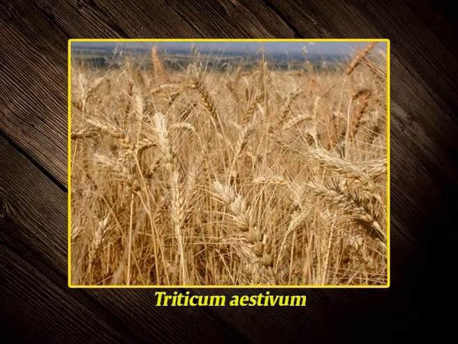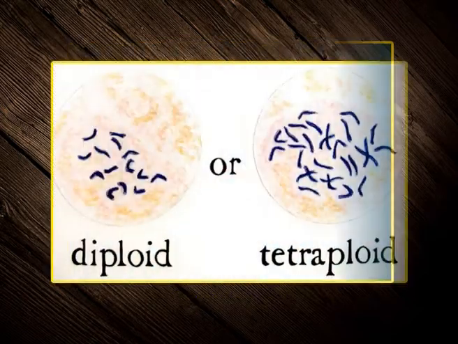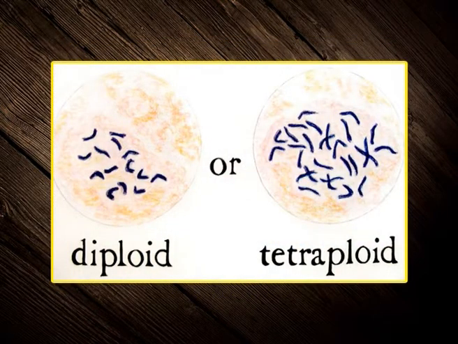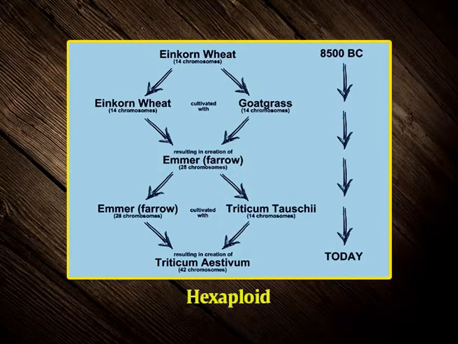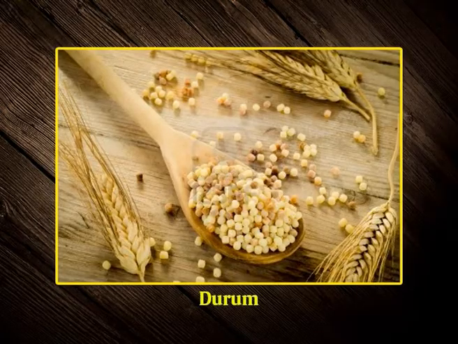Wheat belongs to the genus Triticum of the grass family. The genus is further subdivided into a number of species, which can be classified into types according to the number of pairs of chromosomes they contain: diploid 7 pairs, tetraploid 14 pairs, and hexaploid 21 pairs. The hexaploid type is the major class of wheats known as common wheat, whereas the tetraploid wheats are known as durum wheats. Wheat is one of the most important cereal crops in the world.